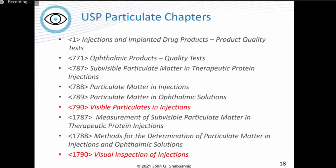These are other chapters in the USP that are associated with particulates. I've highlighted 790 and 1790. 1790 is the information chapter that gives further guidance on how to perform what is provided in the required chapter of 790. You'll see that there are other chapters that apply to subvisible rather than visible particles, or that provide